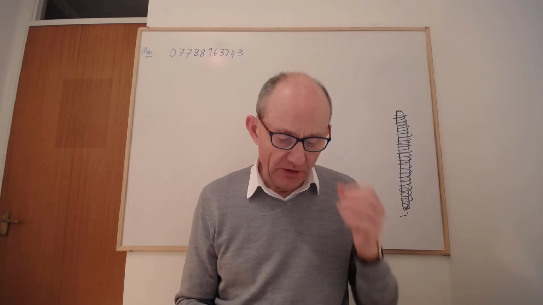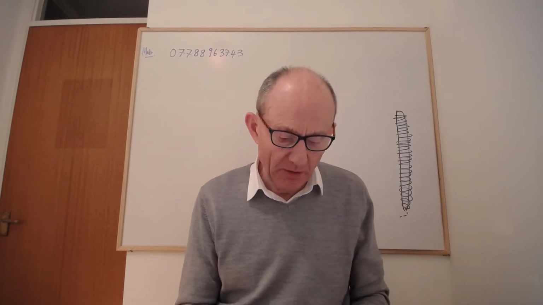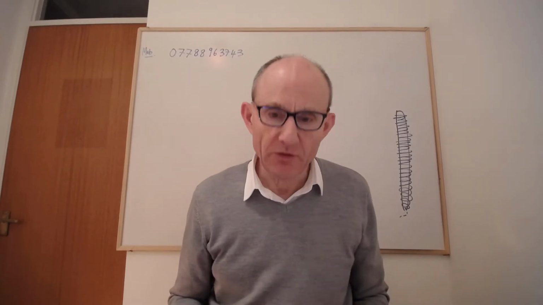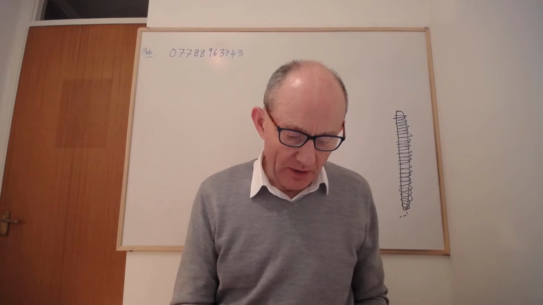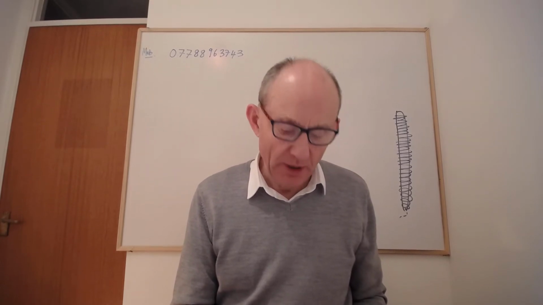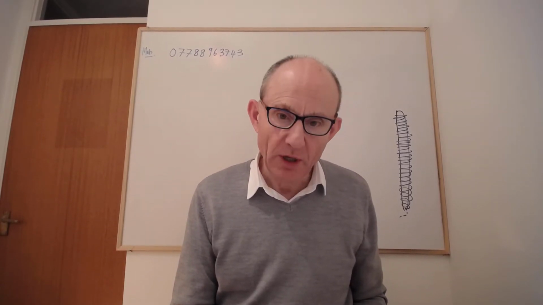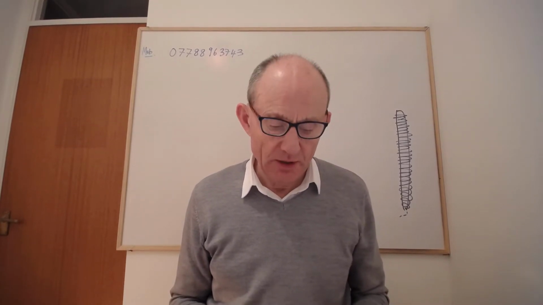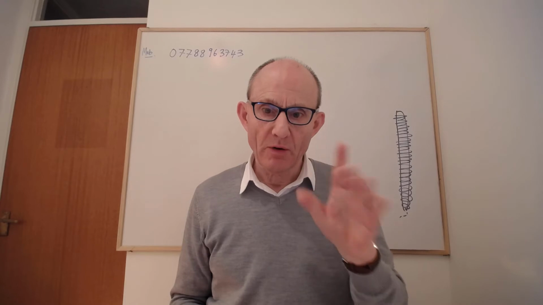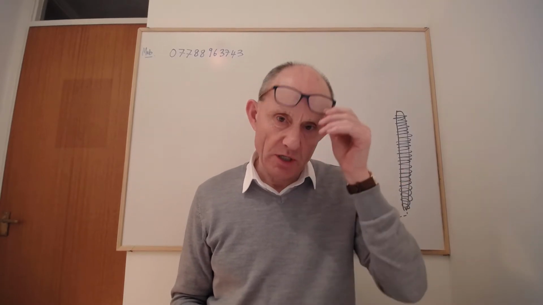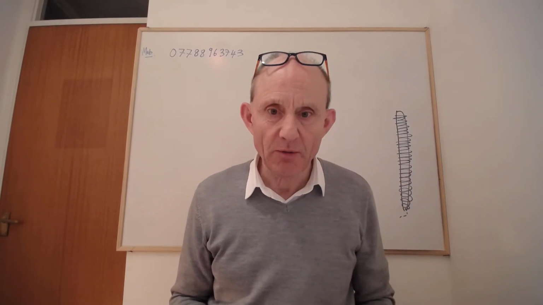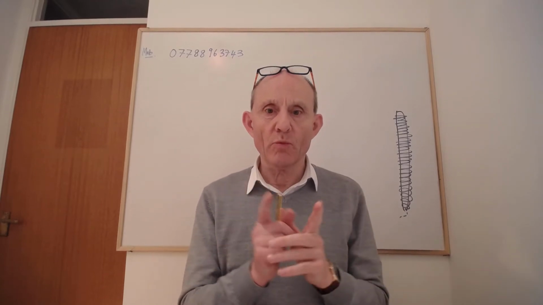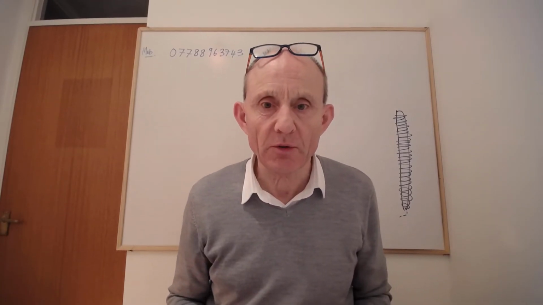But the mutation that's happened in this case is that the T base has been replaced by an A base, and you can see the effect of that. The T base has been substituted by an A base, and the result is that you don't get the amino acid glutamic acid, you get a different amino acid, valine. So you can see how a single wrong base in the sequence in the gene can give you a different amino acid. So in this case, you get one wrong amino acid in the sequence,